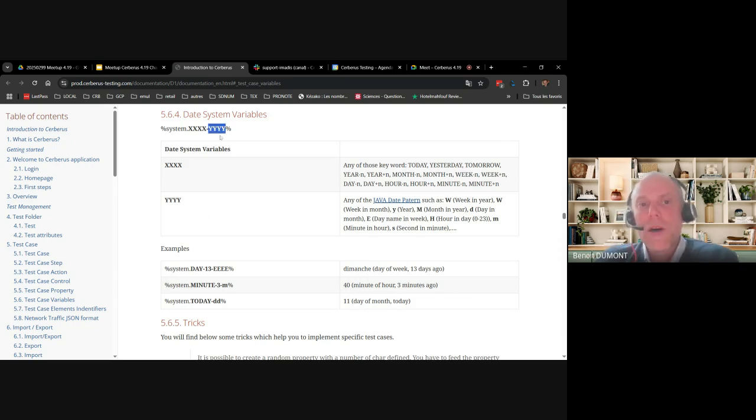And then the second part, which is a why. So we have reused the standard Java patterns with the standard syntax. So most of the time it's one or a couple of letters that define the format that you want to get the result of the data you need. So if I illustrate here with a couple of examples,